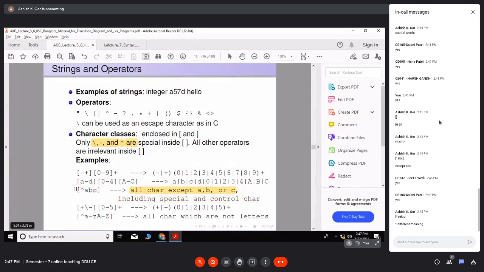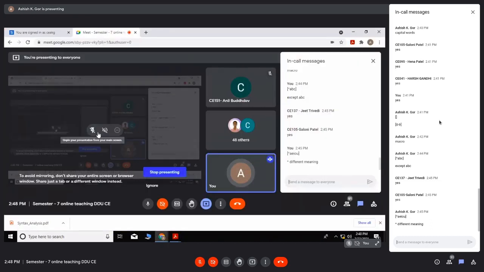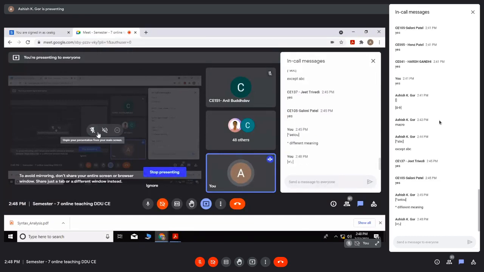Then this plus, then you see S. Whenever you write a minus, you can see here I have written minus first. But here, after plus, whenever I write minus, use an escape sequence. So plus, then backslash, and then minus, which means plus and minus.